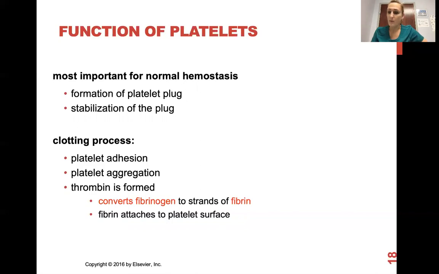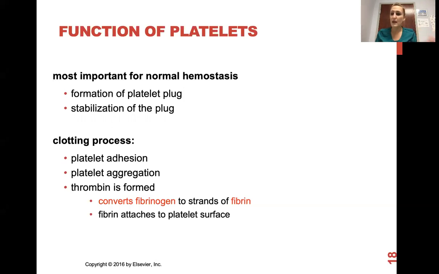So first, in the clotting process, there is an injury. So basically the blood vessel is damaged, and the epithelium of the blood vessel, or the lining of the blood vessel, basically sends out a message saying that it's been wounded, and it attracts platelets to adhere to it. That's platelet adhesion. Then platelet aggregation and thrombin is kind of the same step a little bit, where platelets are connecting to make that platelet plug and stick together. So platelets get this enzyme. They're like, okay, this epithelium has been damaged. We need to unite. They kind of lock together